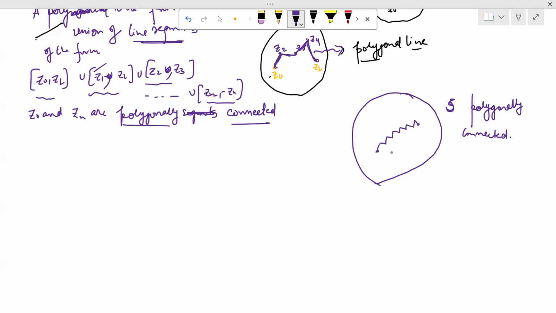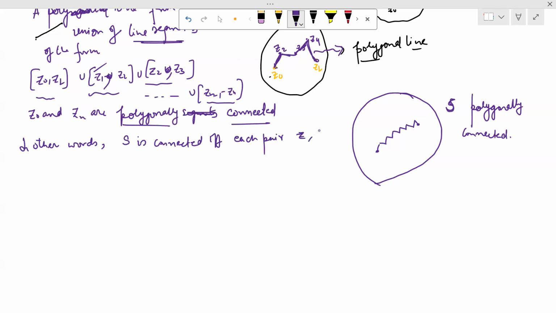It's not necessary that you join them straight. You can do it this way also. But only then can we say that this is polygonally connected. So in other words, S is polygonally connected, or simply connected, if and only if each pair